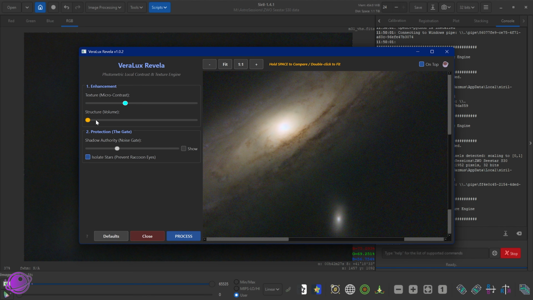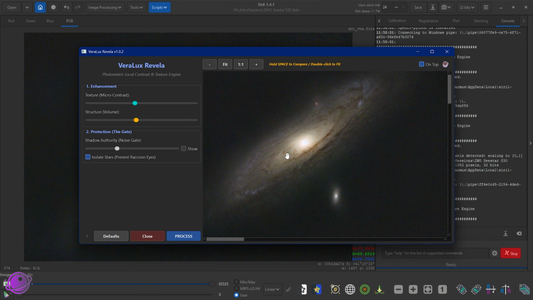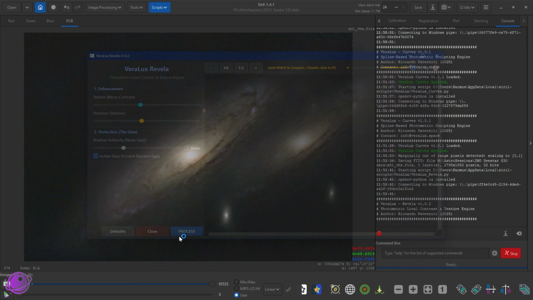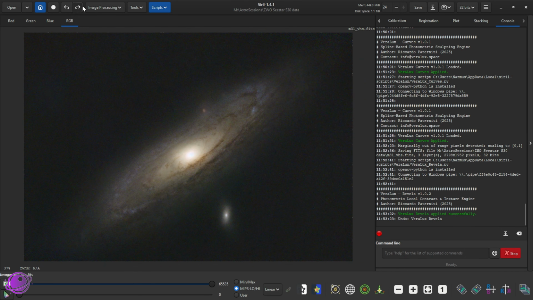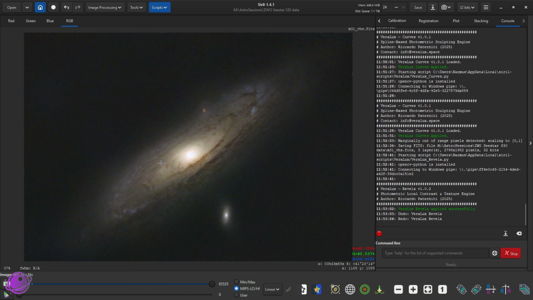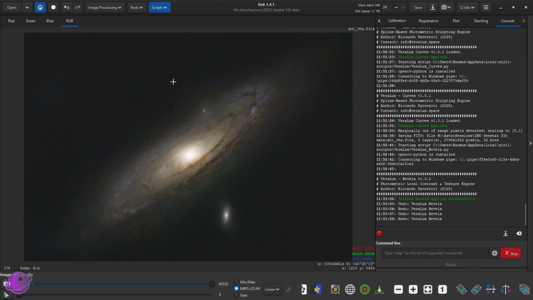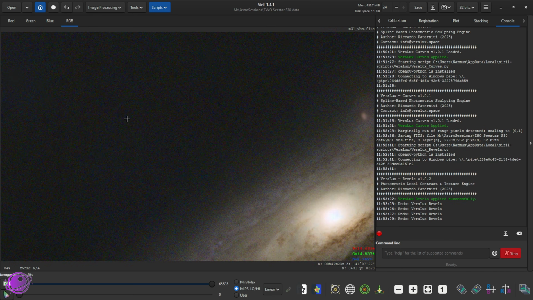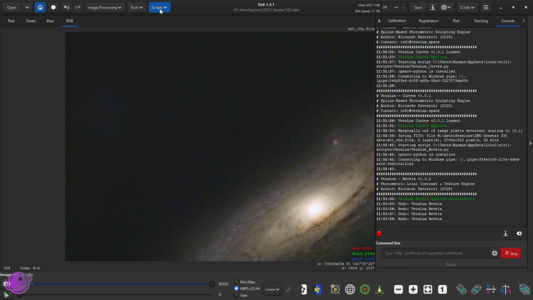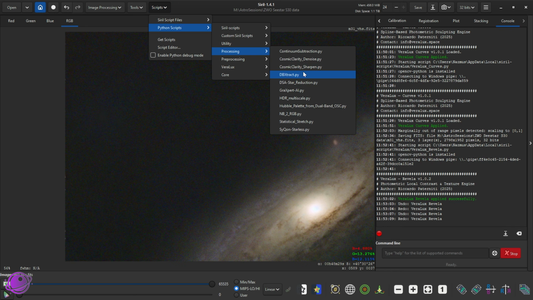So I'll do both texture and structure. Just some slight adjustments makes this look really nice. You can go back and forth. You can see just how much the dust lanes in the galaxy start to pop. Great. The next thing is we have quite a bit of noise here, and I'm going to fix this using